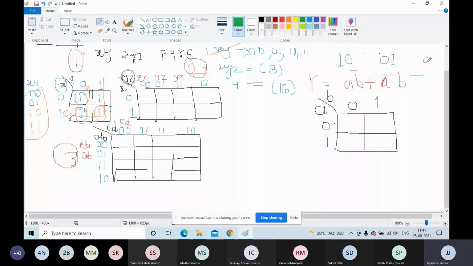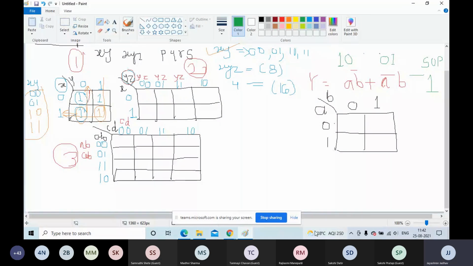So I have to enter 1 or 0 into K-map cell. See the difference? I have to put 1 or 0 into that K-map cell. 1. 1, very good, because I have already told you that in the SOP we are forming the group of adjacent ones, but in the POS we are forming the group of adjacent zeros. So this equation in the form of SOP, so you have to enter what? 1 into the K-map cell.